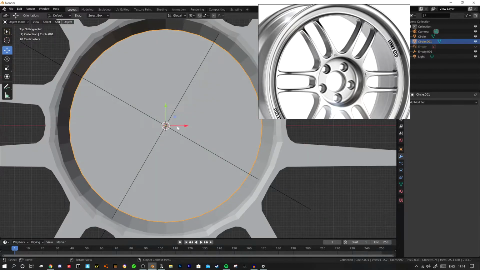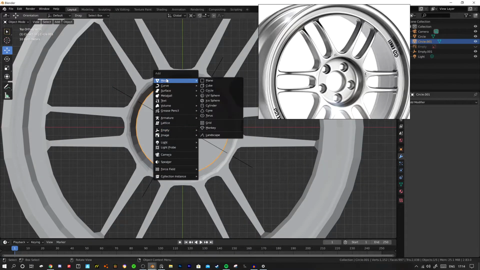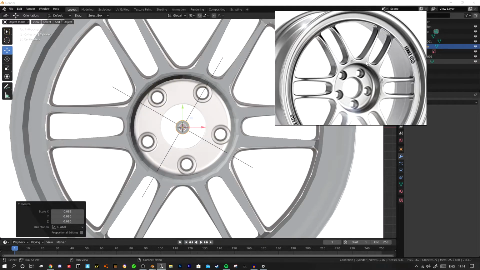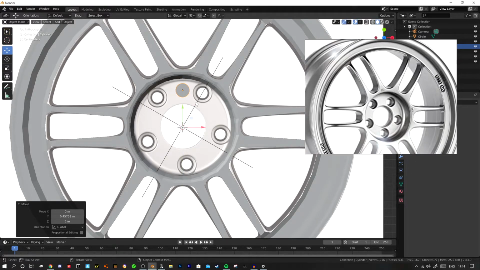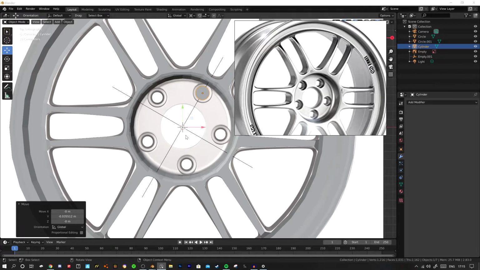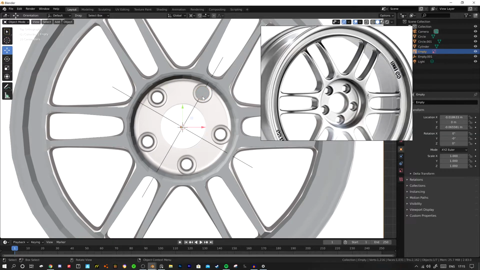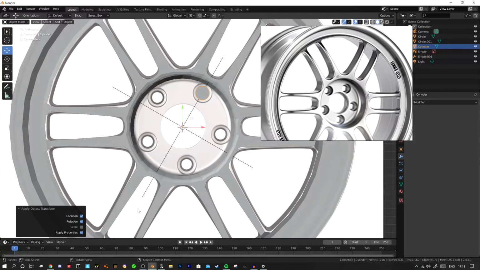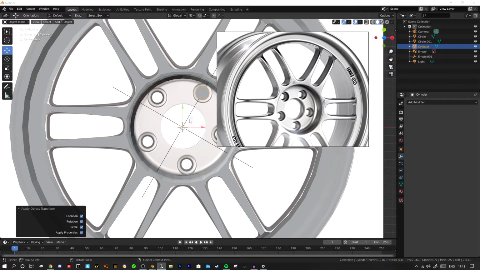Now if you go from the top, we're going to do a cylinder, and then we're going to enable the image again, because we're going to go and just put that right about there. This is where it gets fun. Now you're going to want to go F3, set origin to 3D cursor, Control A, location, rotation, scale. That's going to apply it so that we can do the next thing,